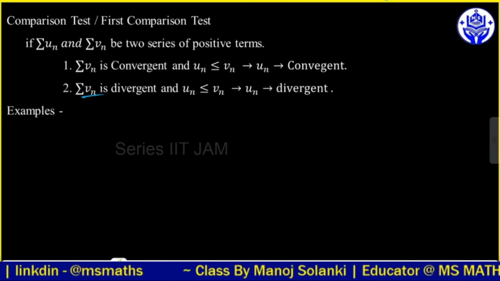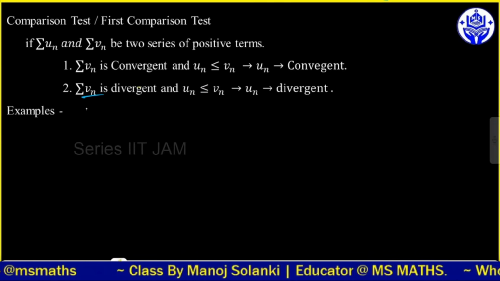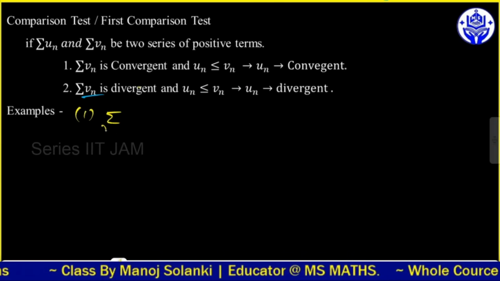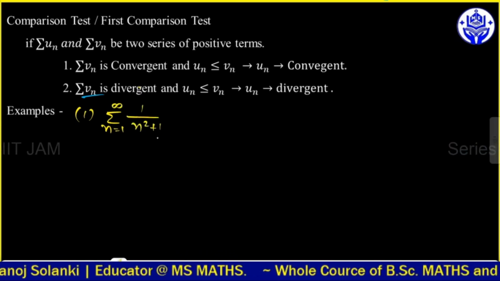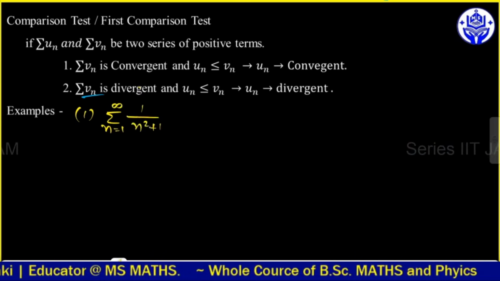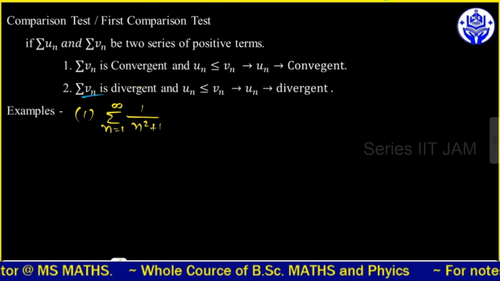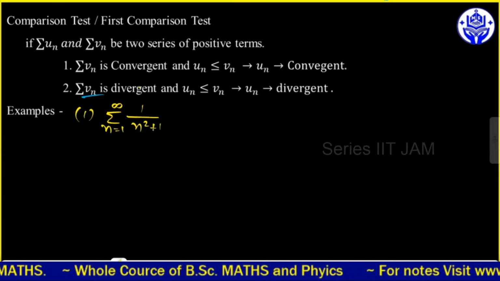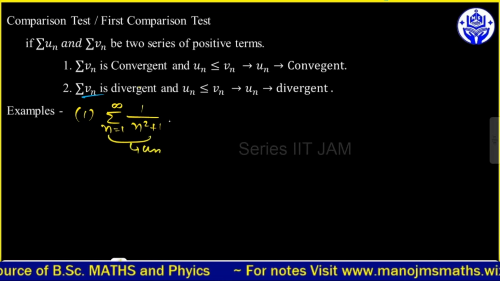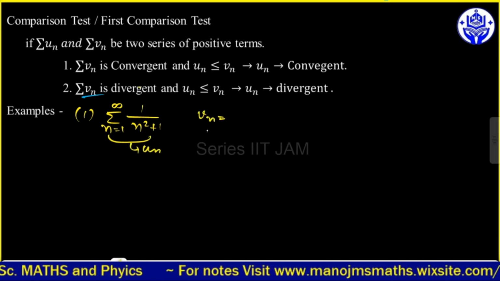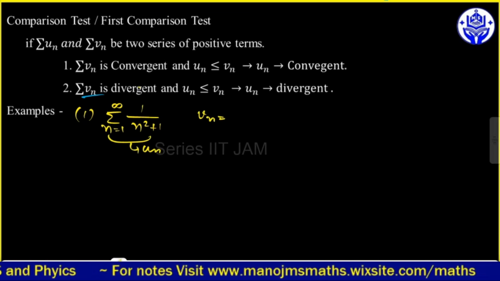सो फर्स्ट ऑफ ऑल मैं यहाँ पे एक एग्जांपल लेता हूँ। हमारे पास में कोई सीरीज है, n इज इक्वल टू 1 to इनफाइनाइट, 1 अपॉन n स्क्वायर प्लस 1। अगर इस सीरीज की आपको कन्वर्जेंसी चेक करनी है तो फर्स्ट ऑफ ऑल वी हैव टू एज्यूम द VN। अब देखो ये जो हमारे पास में सीरीज है दिस इज UN, तो VN हमको एज्यूम करना पड़ेगा।